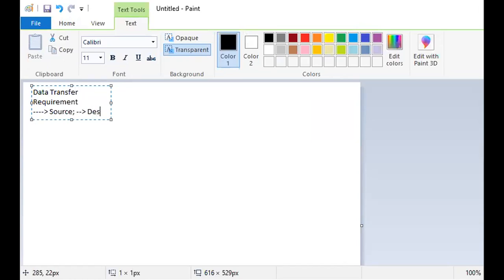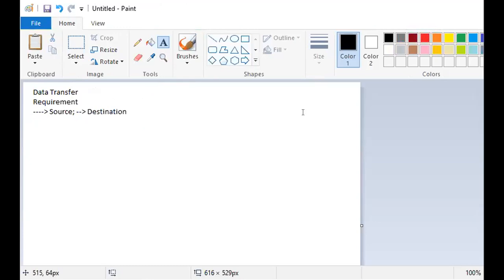We should know from where we wish to transfer and where to take it. We will see different examples for this program of data transfer. Let us say a simple transfer.